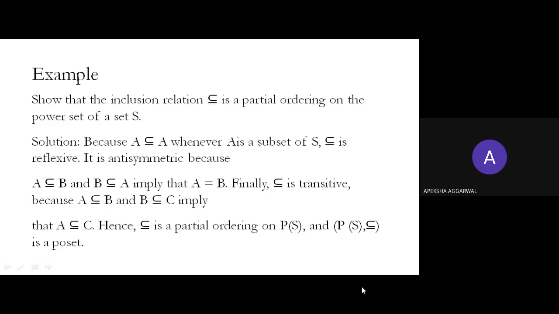A is a subset of A, so it will always be true. Then you need to check antisymmetric. So A is a subset of B, and B will not be a subset of A, only if those two are equal, because in subset the equal to sign is also there, so that will be satisfied, right? A equal to B, those two sets are equal. That is no issue, but if A is a proper subset of B, then B will not be a proper subset of A, right? So antisymmetric is there. Antisymmetric property satisfied. Clear or not? Any doubt?